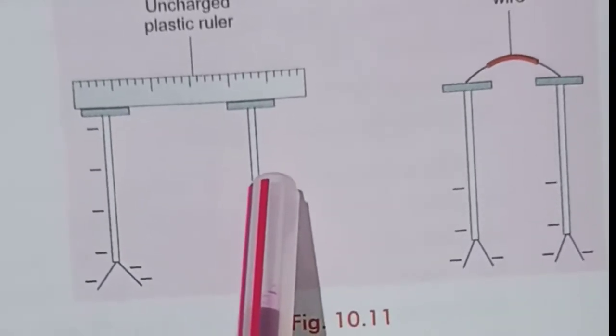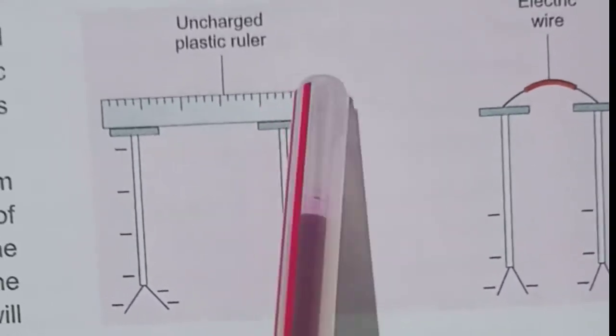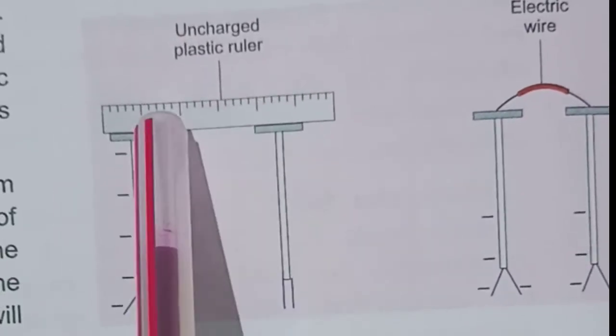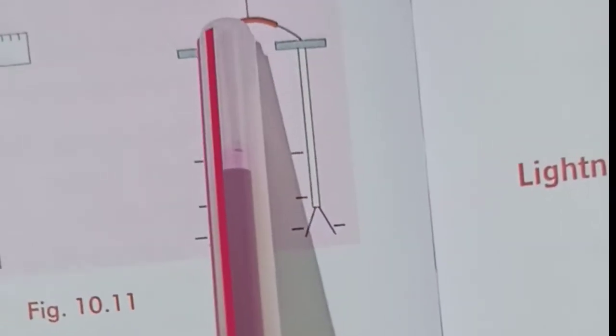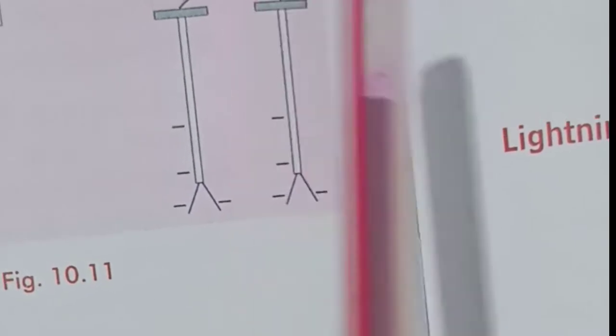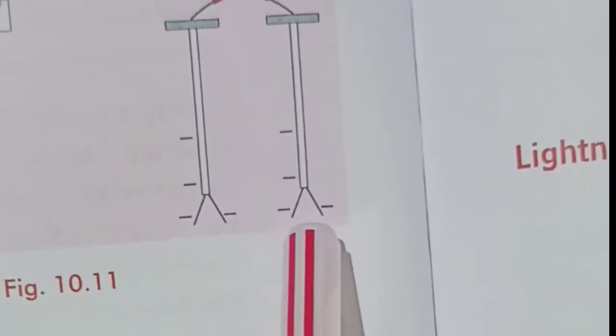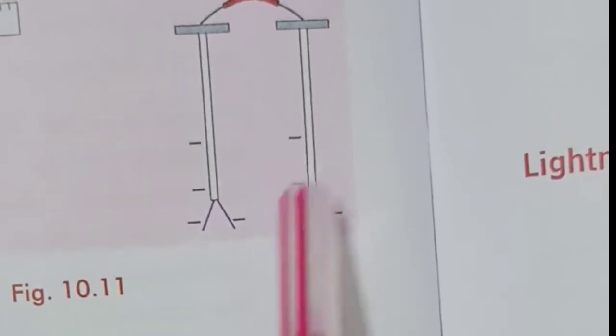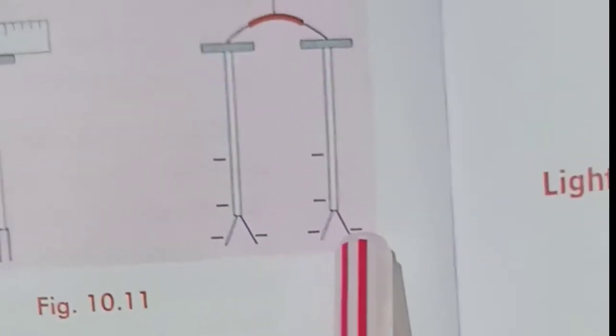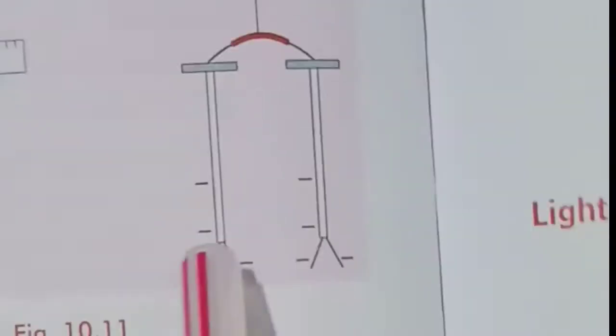but it does not happen so. Now we will remove this plastic ruler, and instead of that we will keep a copper wire, any electric wire, copper, silver, aluminium, any wire, to connect both of these. So what we will see after some time is that these two leaves get diverged. Why? Because here we had got it negatively charged,